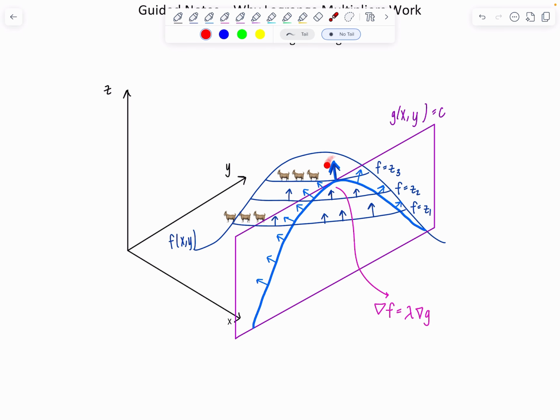What's happening here at the max? The gradients are parallel. Well, what do we know about parallel vectors? That they're scalar multiples of one another, and that scalar multiple we call lambda. So that's exactly what gradient of f equals lambda times gradient of g is encapsulating. It's not some magic trick, but it's the geometry of what happens when you reach that max height subject to the constraint. I mean, you could go higher, but then you'd be off the path, so then you're not being